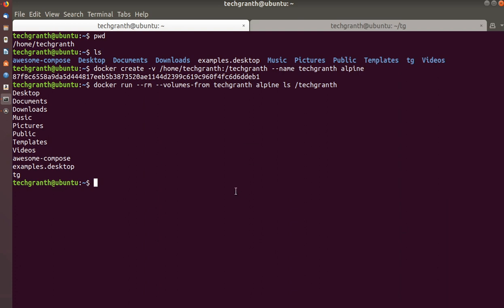One last thing I would like to show is how to check the storage driver we are using on our Docker host or Docker machine. So docker info, and if I do it with more, or just let me check with head.